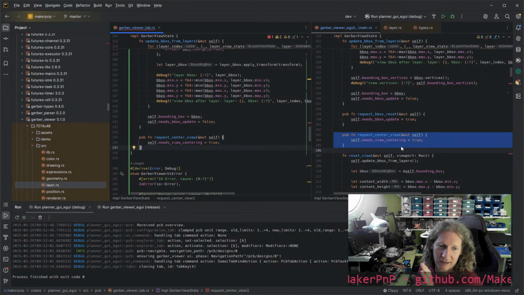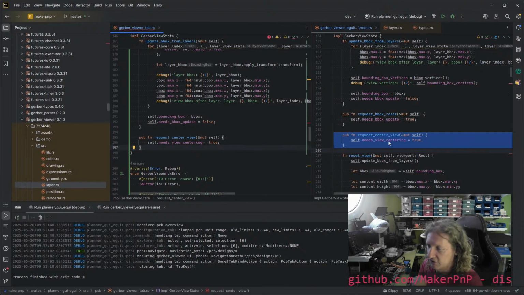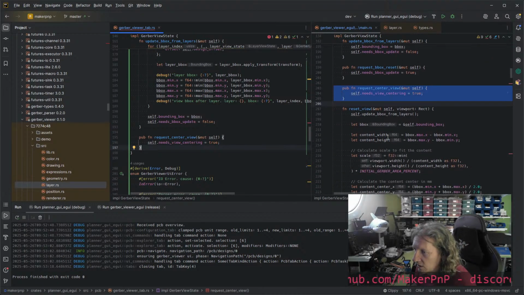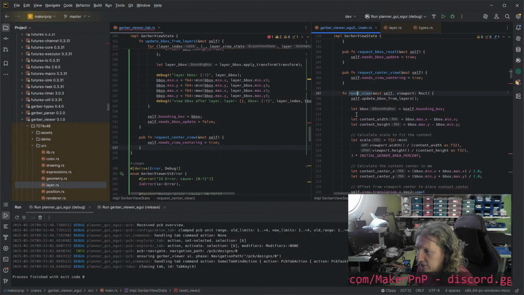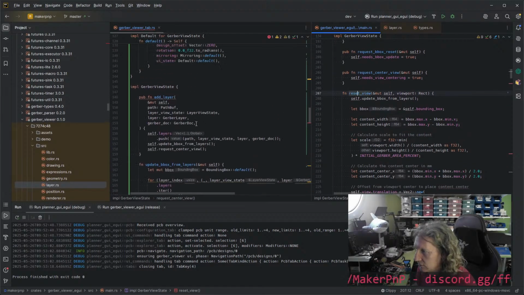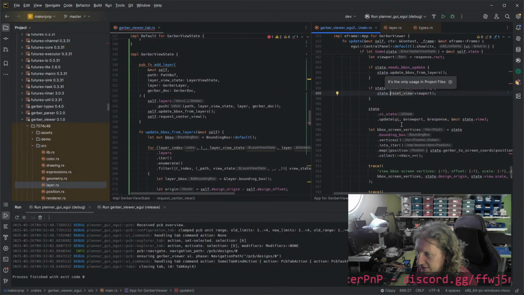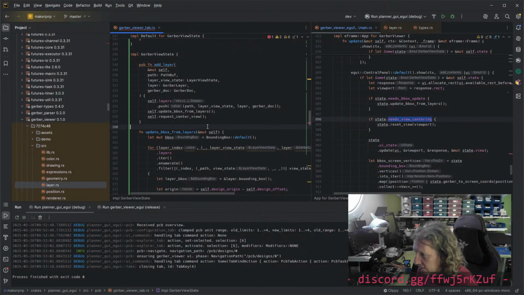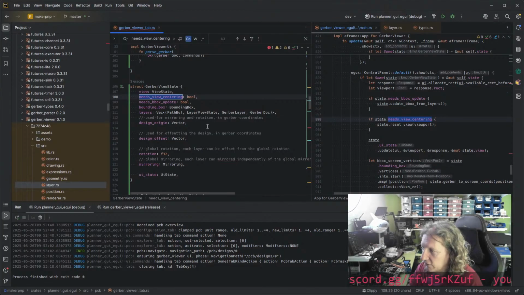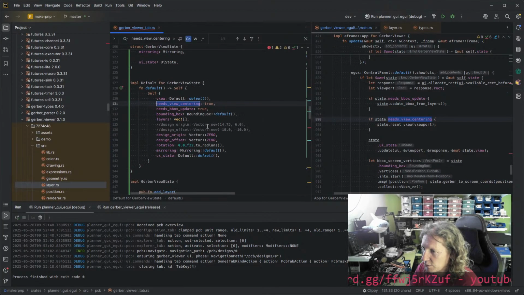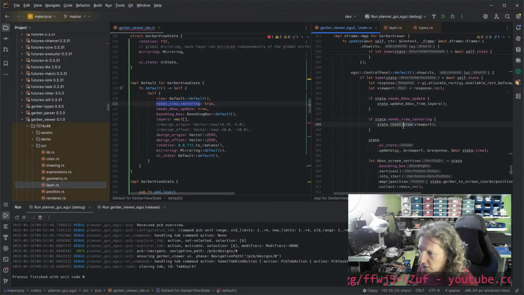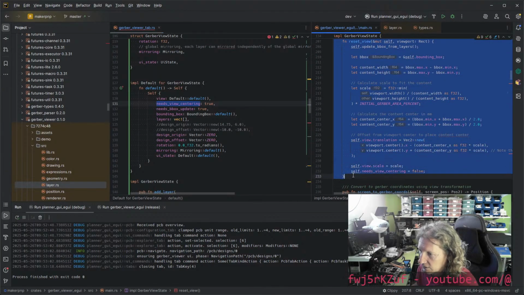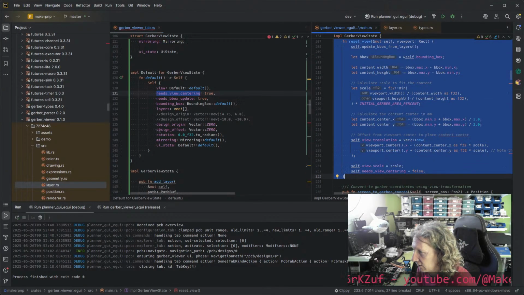We're going to need something like this request center view for locating a placement by its Gerber positions. So we've got that. Let me see where this reset view is called. View needs view centering. Yeah, we're going to need that because we've got this flag and it is set to true by default. So we are going to need this reset view. The reset view method